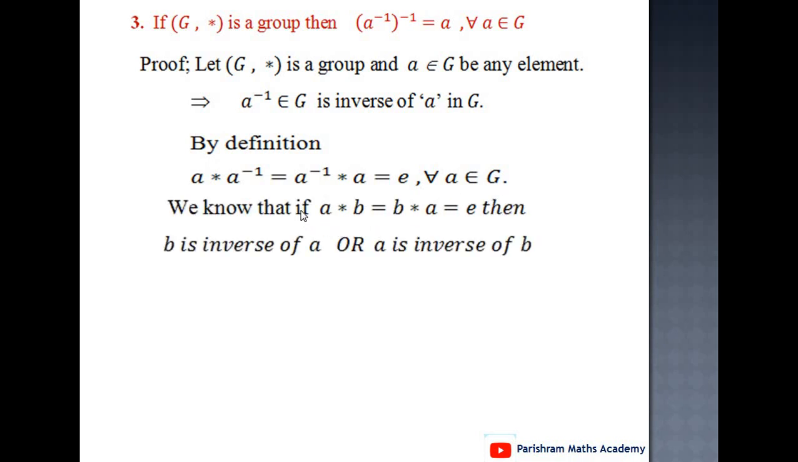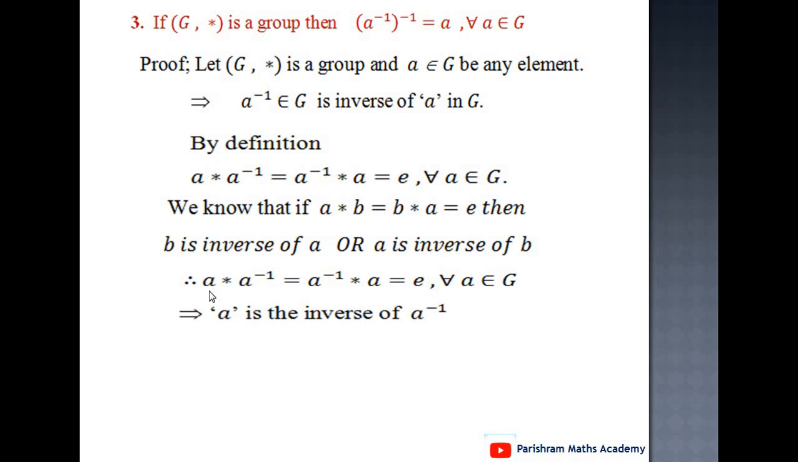Now we know that if A star B equals B star A equals the identity element, then the second element B is the inverse of the first element, that is, B is the inverse of A or A is the inverse of B. It means if A star B equals the identity element, then B is the inverse of A or A is the inverse of B. Now here A star A inverse equals A inverse star A equals the identity element for all A belongs to G, then